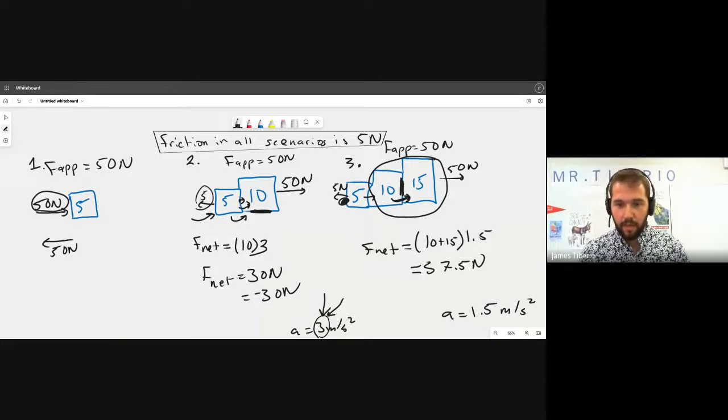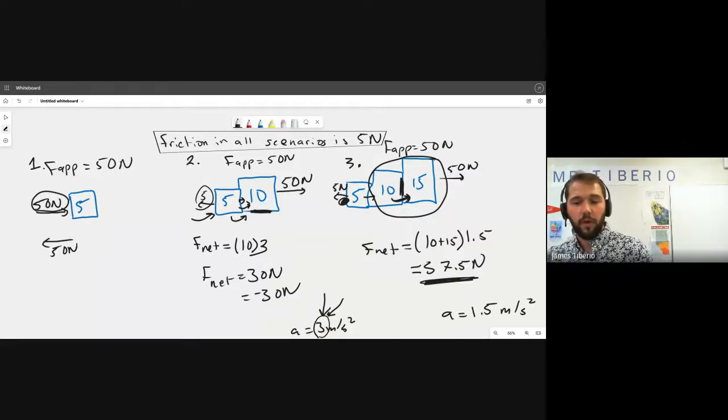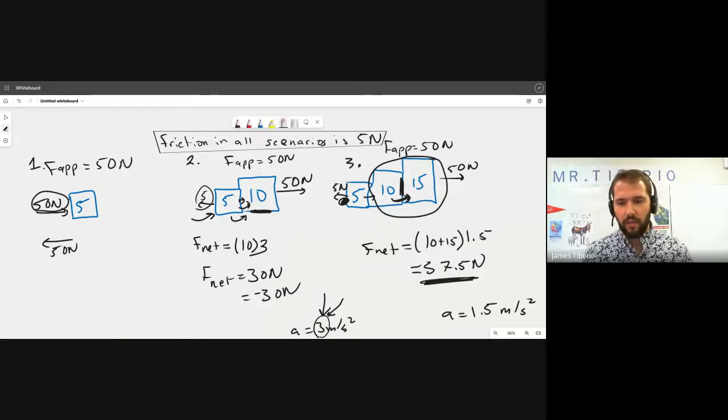of a net force. Remember, my force applied was 50. The net force on the whole system was 45. But since I'm not looking at the whole system anymore, I now have a different F net. We're pushing a different amount of mass. So the 5 kilogram object pushes on the 10 with 37.5 newtons, or box 10 pushes back, Newton's third law, back on the 5 kilogram box with 37.5 newtons. And then we could do the exact same thing for the last question, which would be,